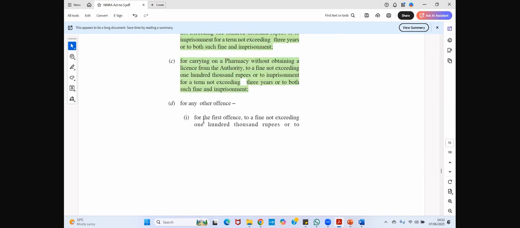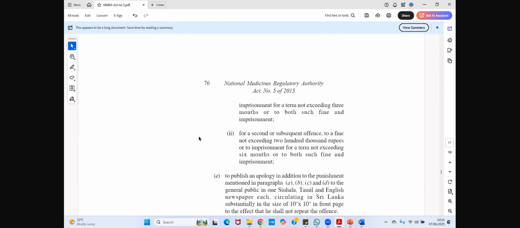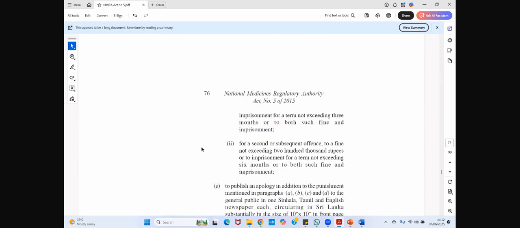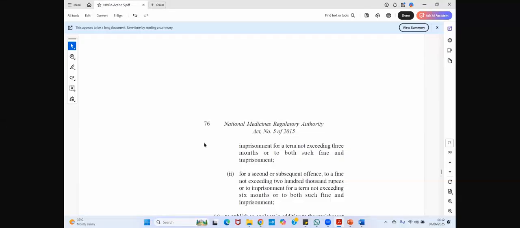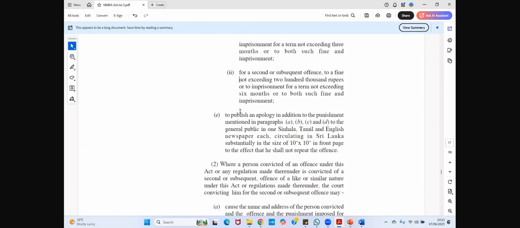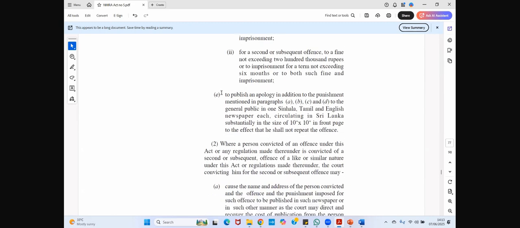For any other offense, for the first offense, a fine not exceeding 100 rupees or imprisonment for a term not exceeding 3 months, or both such fine and imprisonment. For a second or subsequent offense, a fine not exceeding 200 rupees or imprisonment for a term not exceeding 6 months, or both, right? And also to publish an apology in addition to the punishment, the fine or jail punishment